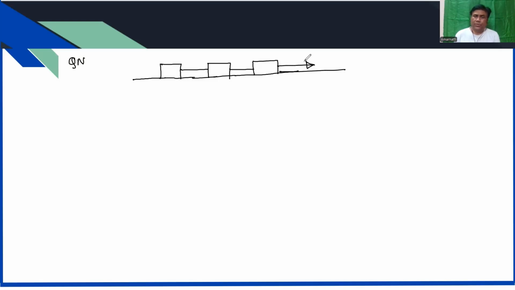Say this is a force, and say this is 2 kg, this is 3 kg, this is 5 kg. Name of these blocks is A, B, C. Say I have applied a force of 20 Newton. So first my question is